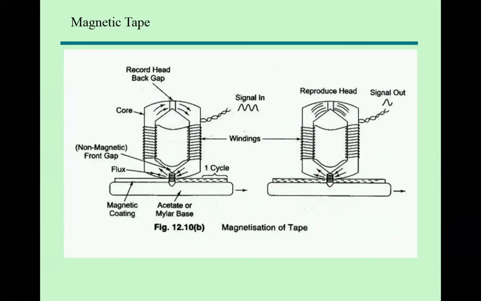recording head, we're changing this magnetic field, either North Pole or South Pole, based on the bit. So a signal is transmitted in the coil, and based on the current flow, either in the forward direction or the backward direction, it changes the pole here, North Pole or South Pole. For example, North Pole is 1 bit and South Pole is 0 bit. So accordingly, as per the bit, it changes here. And here it reads the data. Based on whether the North Pole or South Pole is there, the current flows either forward or backward, and in this way the signal is generated.